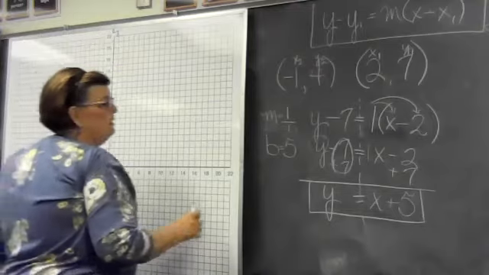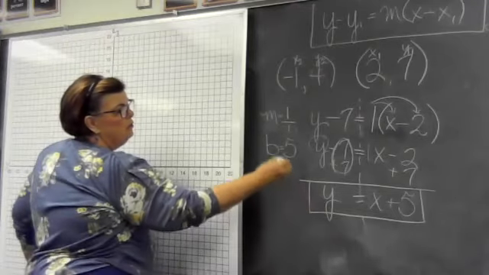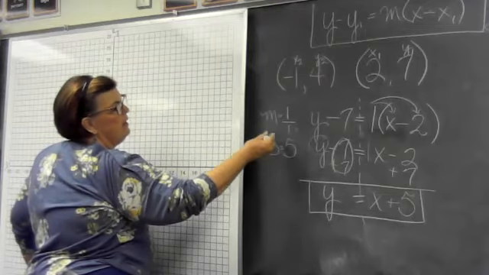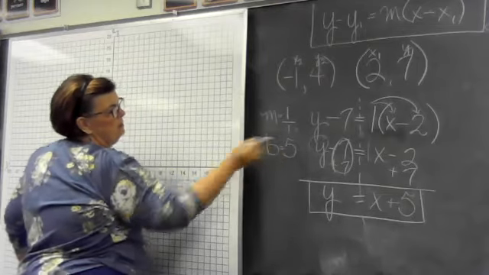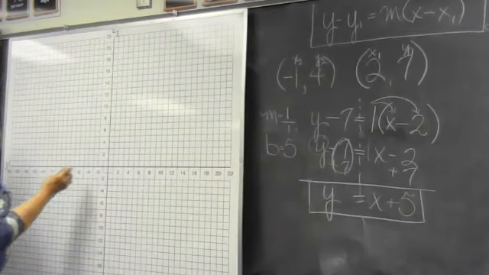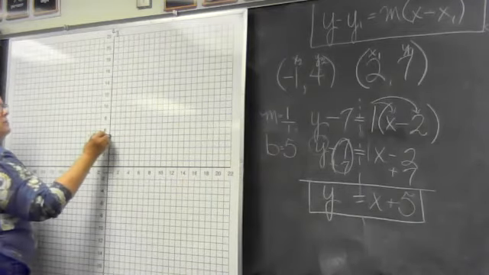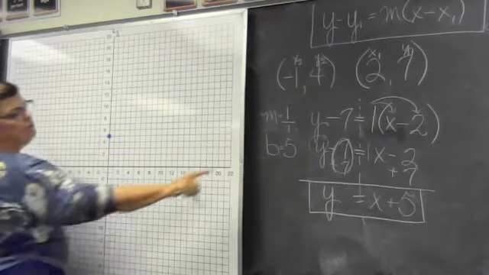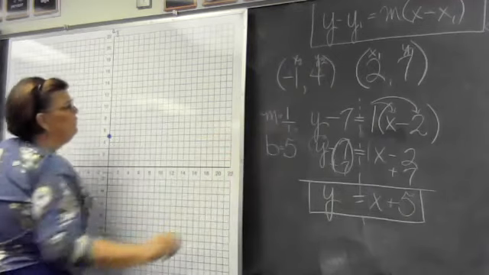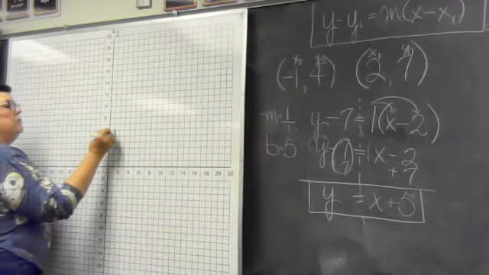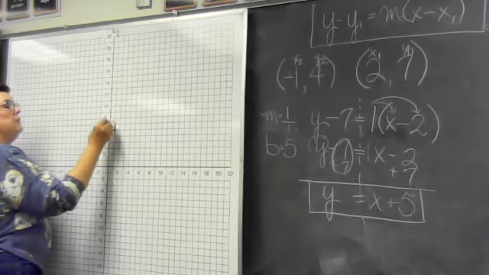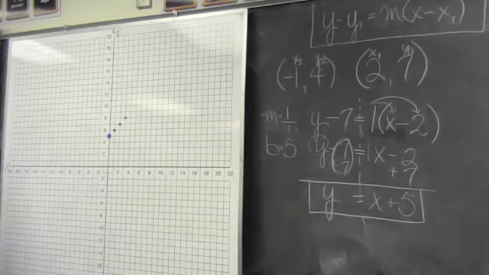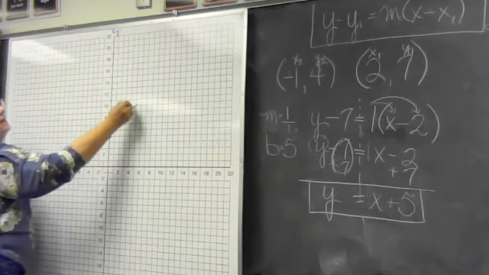So we found out yesterday that when we graph a line, we do the y-intercept first. Remember, I live on the y-axis. This is where I be. Okay, so I'm going to find 5 on the y-axis. This is my house. From my house, I'm going to rise 1 and run 1. Rise 1, run 1. You can do it again if you want. Doesn't matter how many points. Okay, and this is the line